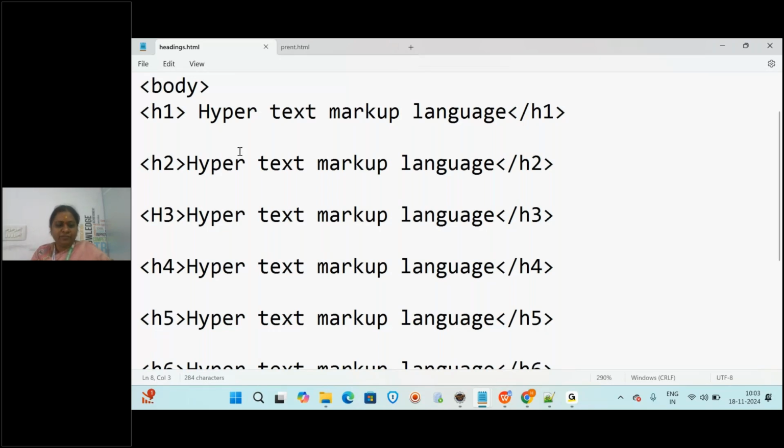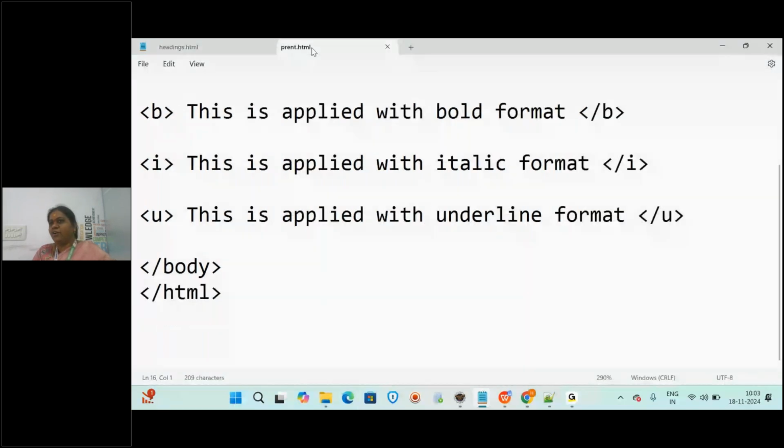It will be displayed by default in the same line. But ma'am, I want it in a new line, even though it is an inline tag. That is a question. Is there any tag for coming into the new line? Yes, we have. That is the break tag. Break means stop it there, right? So using the break tag, you can come to the new line.